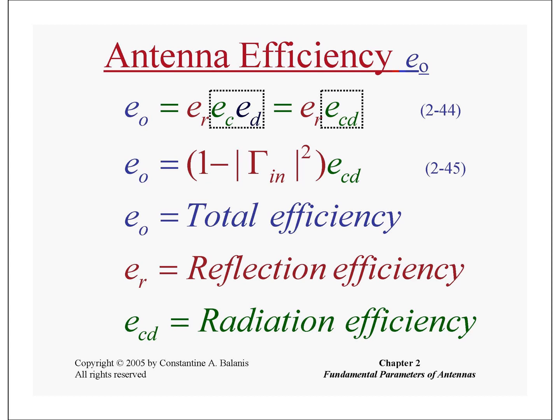Now the reflection efficiency is given by 1 minus Rn whole square. Okay. What is Rn? Rn is the reflection coefficient at the input of the antenna. So ECD is radiation efficiency, ER is reflection efficiency, E naught is equal to total efficiency. Okay. So